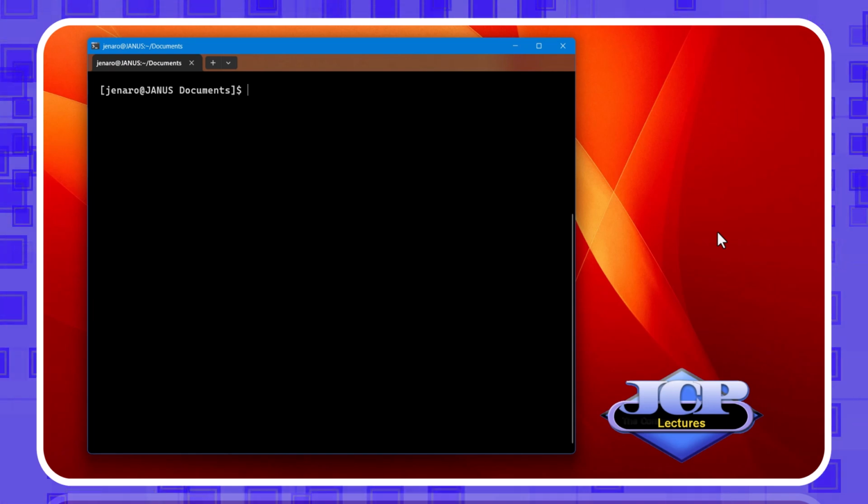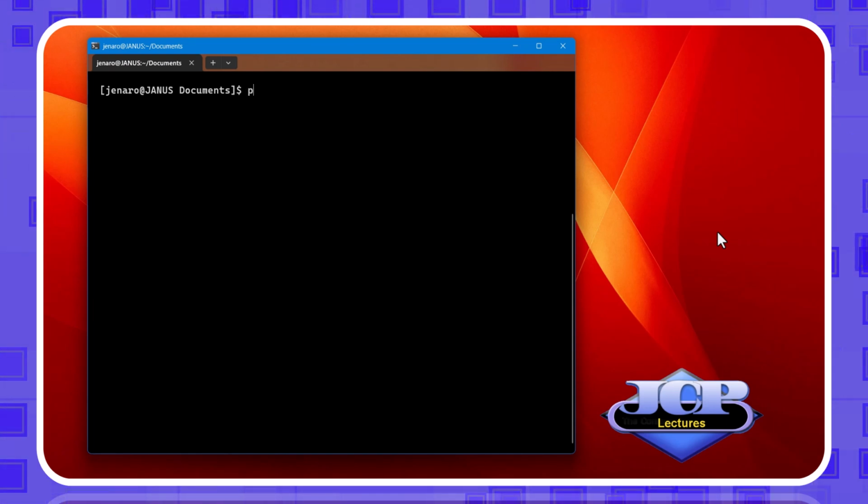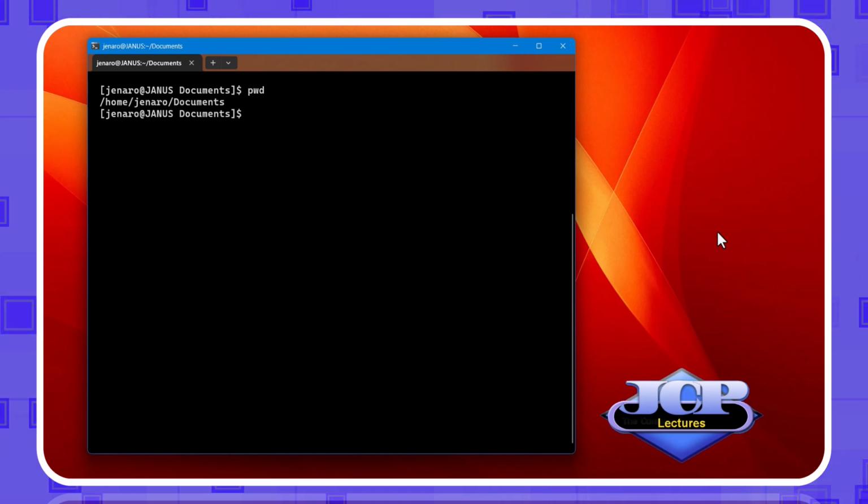Staying in this directory, I am going to get the installation file from the repository. It will take just a few minutes to download.